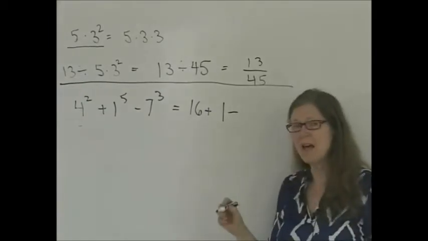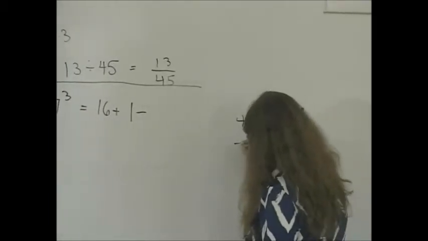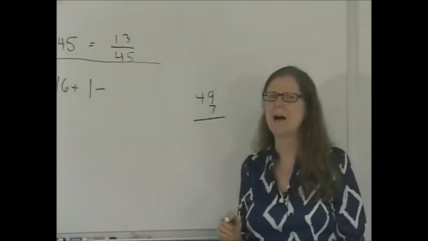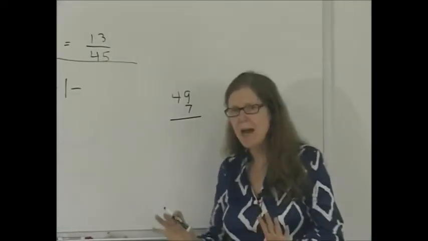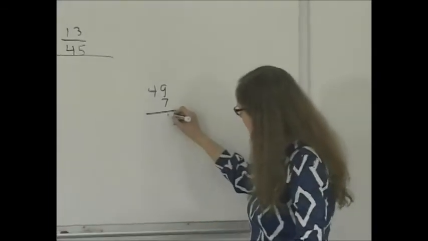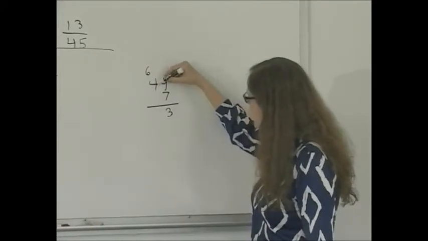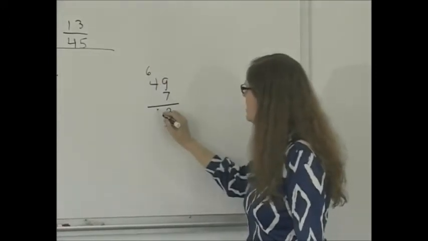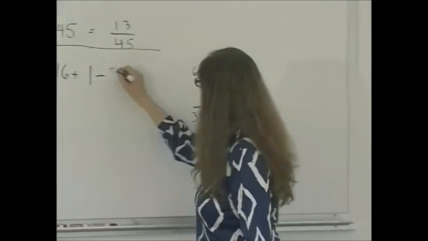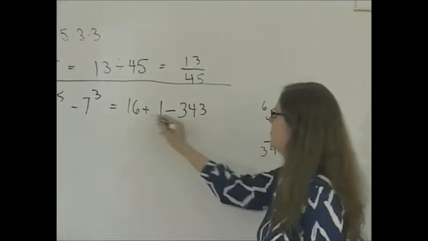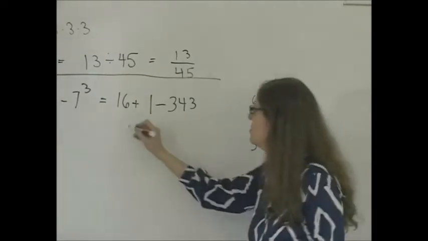So 7 times 7 is 49, and I'm actually going to compute this out. 49 times 7, I always write things out. If you try and do things in your head, sometimes it's easier to make arithmetic mistakes. So I always don't trust myself. I write things out. This is 63, carry the 6. That's 28, and plus 6 is 34. So this is equal to 343. Okay? Now, 16 plus 1 is 17